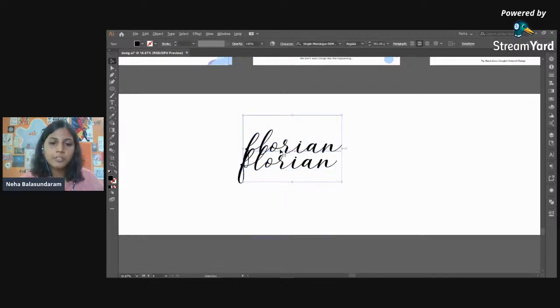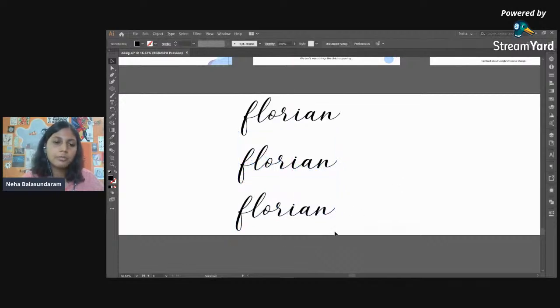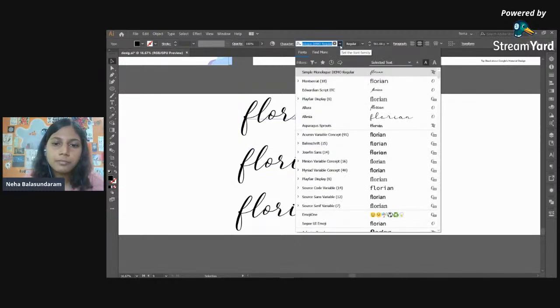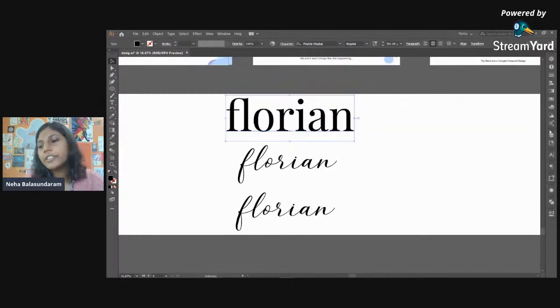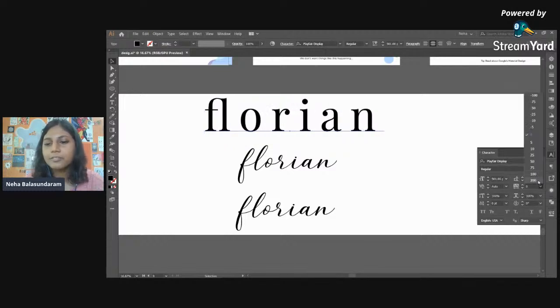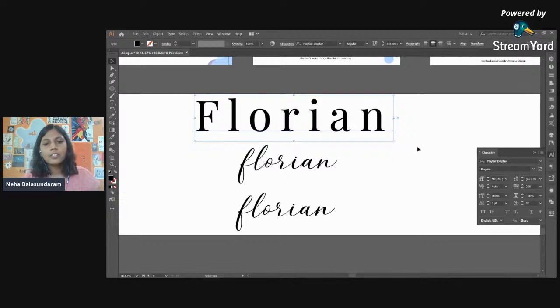Let's make copies of this. And how I did that is pressed Alt and click and drag. It's very helpful. So let's make three versions. Let's have a serif. I like Playfair Display a lot. And generally I increase the kerning wherever I can. I do it because I really think fonts look nice like that. I don't like how this F is staying together. Okay,